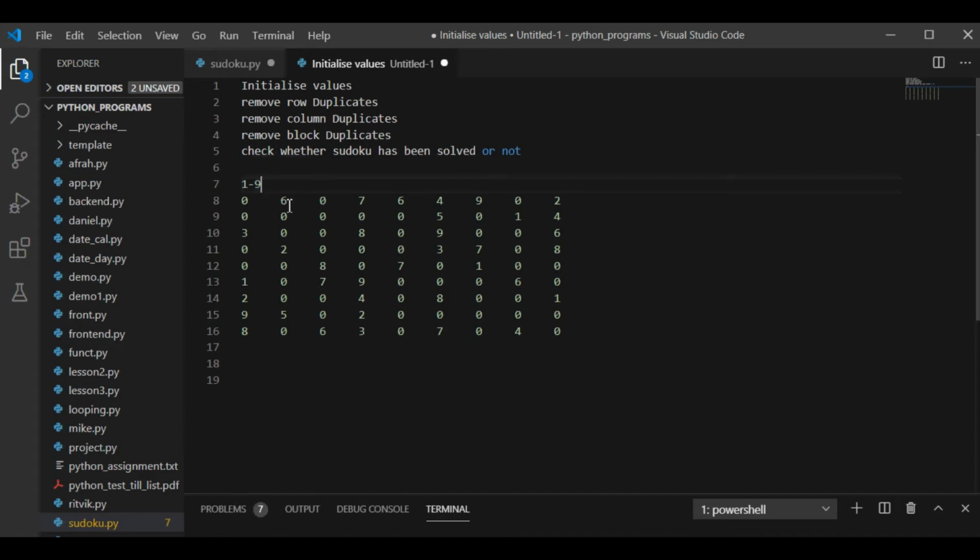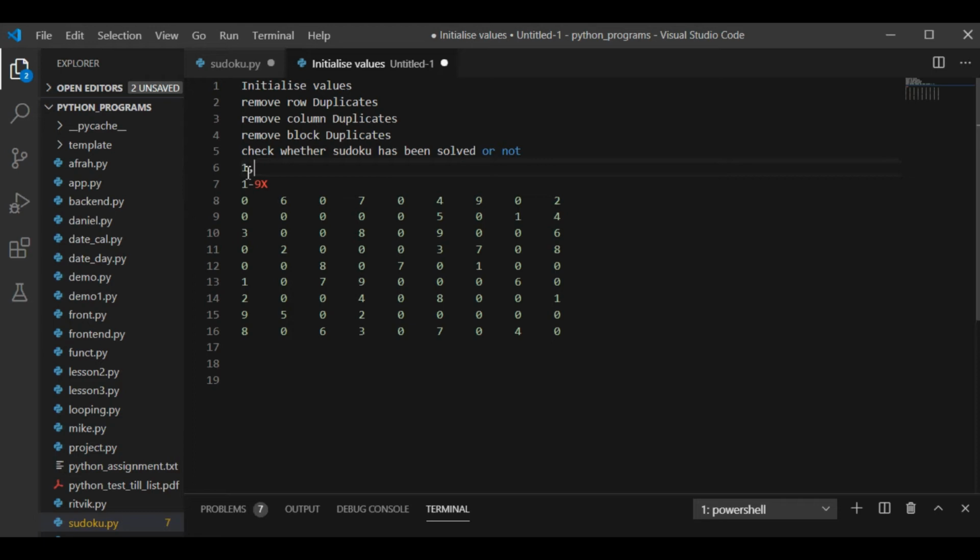For example, we have 6, 7, 4, 9, 2. Sorry, I should have written 0 here. So that means this cell cannot contain all the values ranging from 1 till 9. That is wrong. This cell can contain only some values. See, it can have value 1.